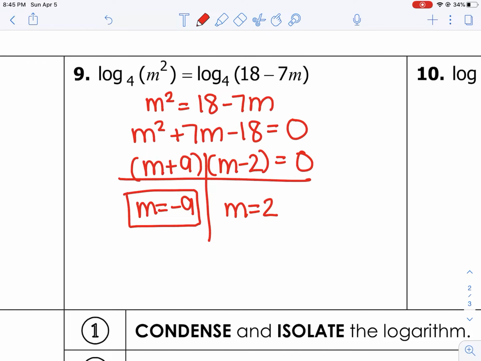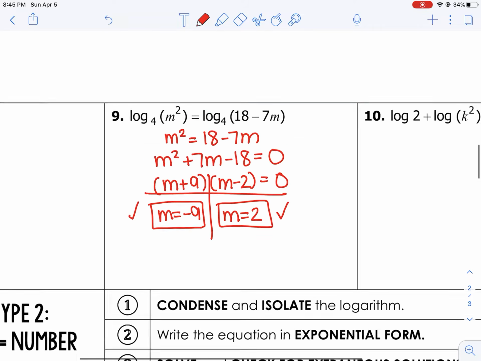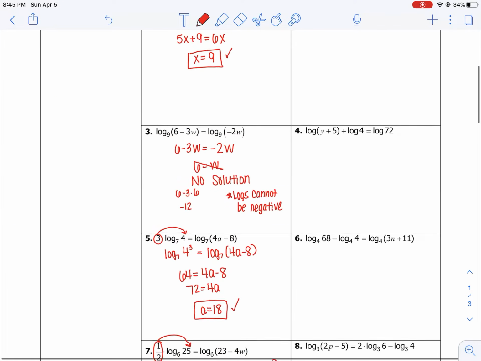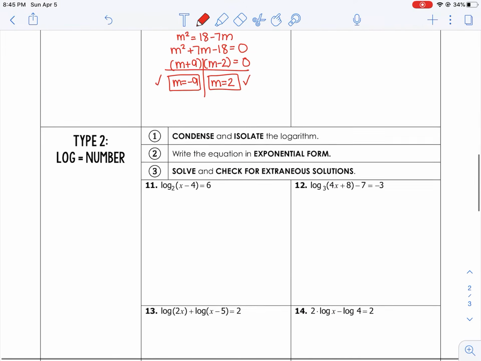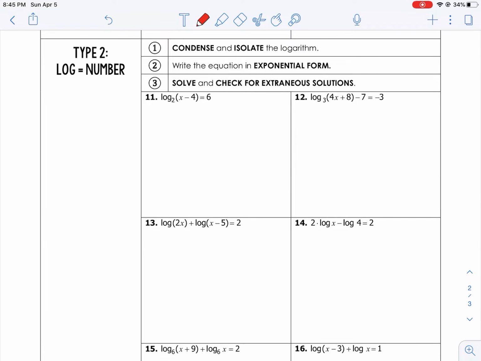And both of these actually check out and work because negative 9 squared would be 81, 2 squared would be 4, and it works on the other side as well too, if you substitute them in. Okay, that is it. I want you to do 2, 4, 6, 8, 10 on that column, and we're going to move on to type 2,